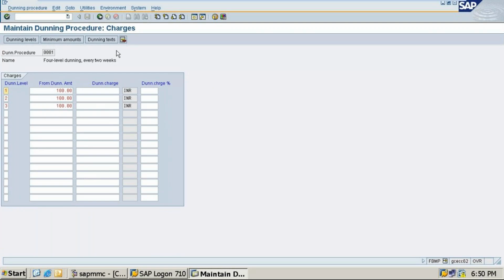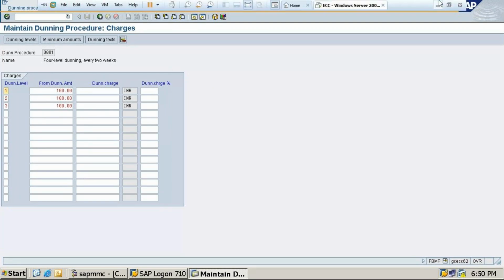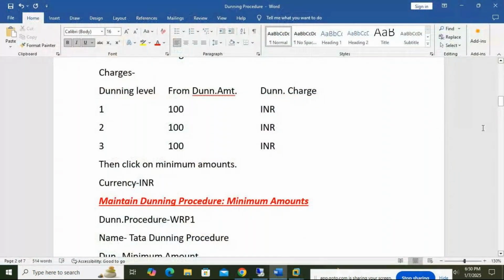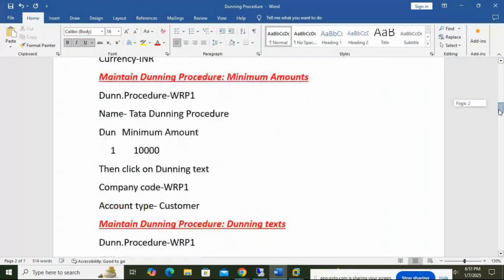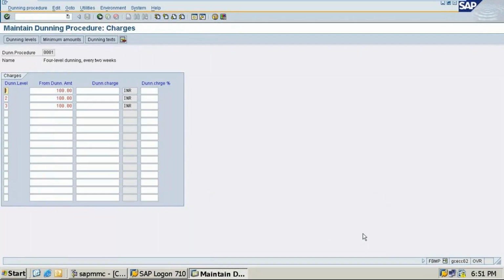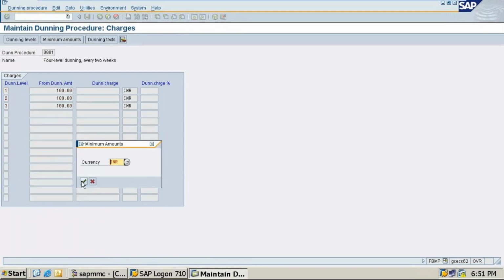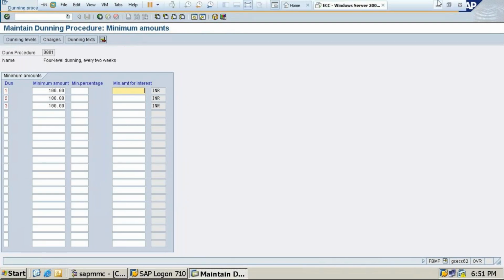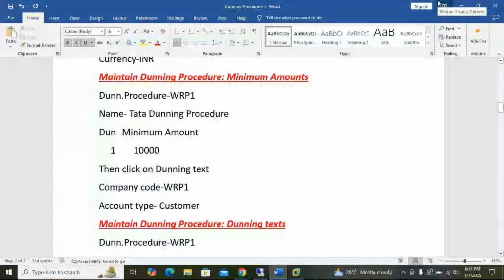Okay, INR. After this we have to click on dunning text. So in maintain dunning procedure minimum amount, I have given 1000 or something. Minimum amount is INR 100; we can give that. So this is your dunning procedure minimum amount.